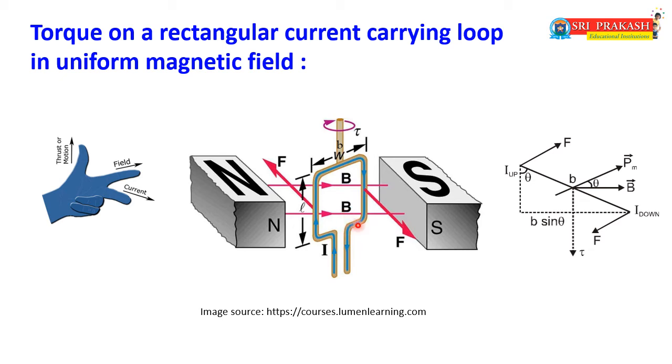Similarly, here the current will come outward. If you change the current direction, then your thumb will show upward direction. So on this width element, force direction is downward, and on this width element, force direction will be upward. So both will get cancelled. Every time force will act on these two length elements, so the coil will twist and continuously rotate if you pass the current.